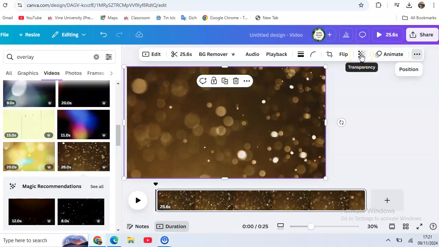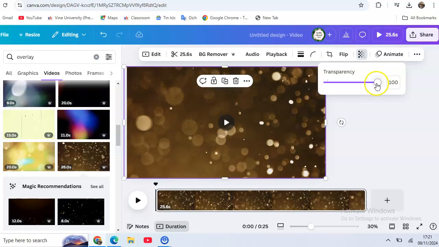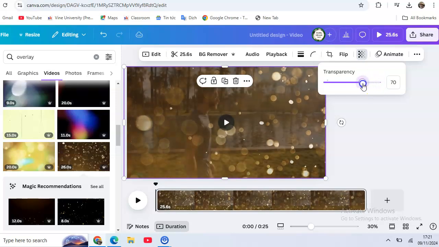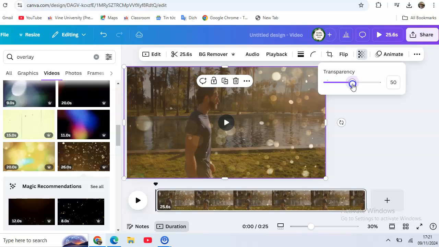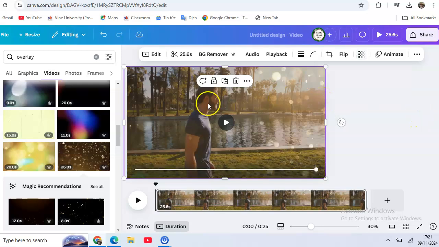And then go to transparency and decrease it about, okay, 30 is fine. And after that,